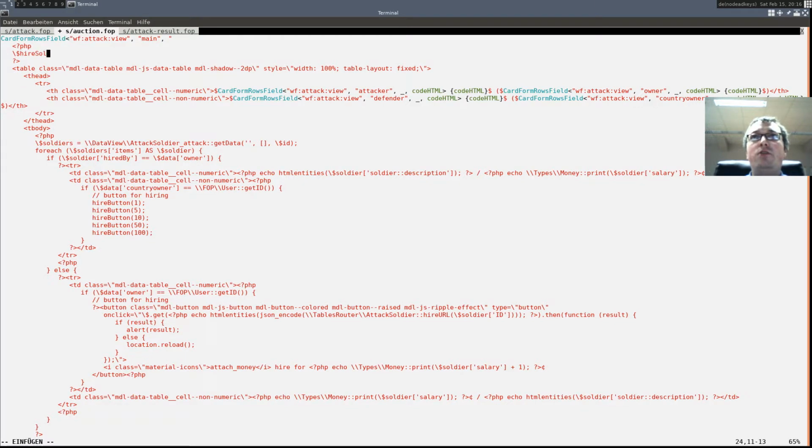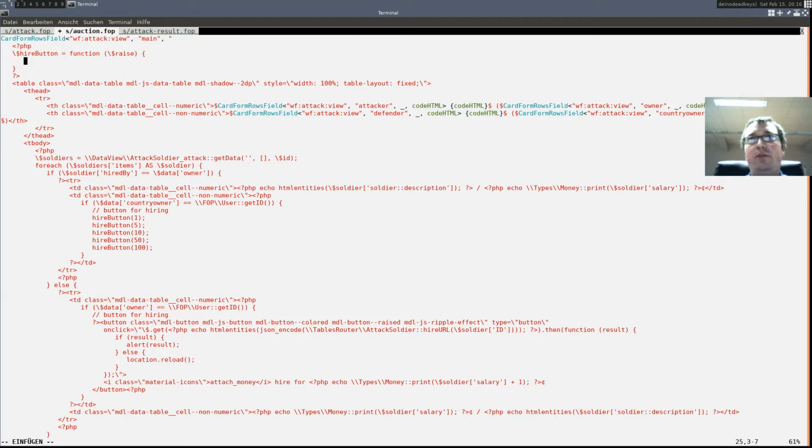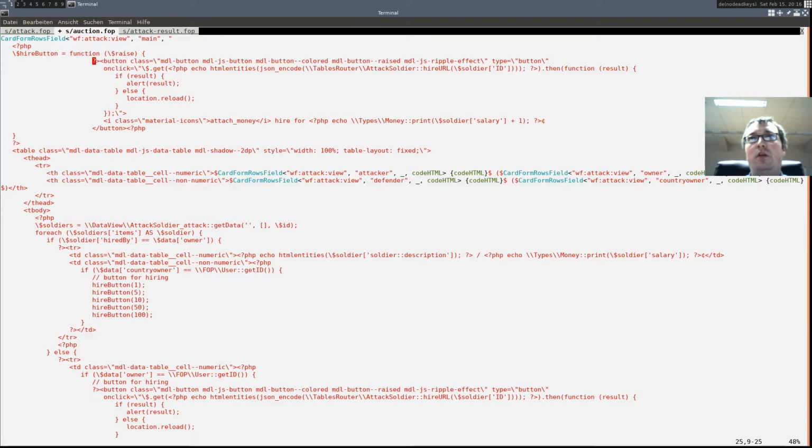Hire button, raise, hire button is a function, raise, and there we have our button code.